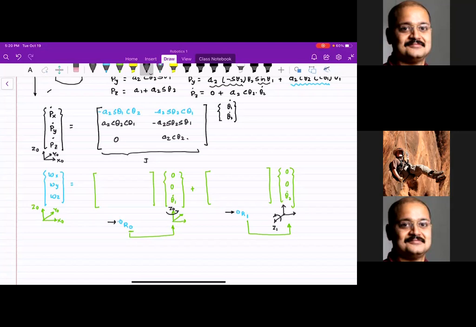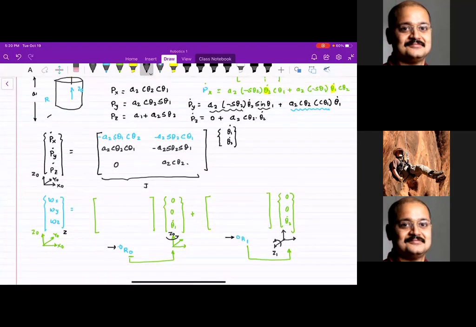Everyone understood this? So at the end, what do I have? I have everything here in x0, y0, z0. So after I do this transformation, theta 2 dot gets projected on z0. Everyone understood this? And this will be very important. So how does this process work? You have found 0R0. What is 0R0? 0, 0, 0, 1, 0, 0, 0, 1. Do you agree with me?